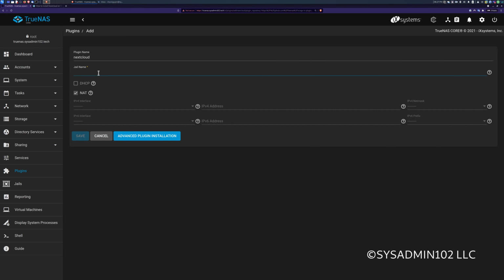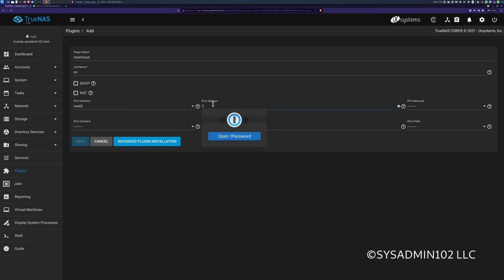For the jail name, you can name it whatever you desire, but I want to call it NC for short for Nextcloud. And we have a few options here. You can do NAT, DHCP, or the most recommended way, using a static IP, which I'm about to do right now. Different options have different pros and cons. It's up to you how you want to use this, but just make sure that you know how to set them up. So I'm going to assign the IP